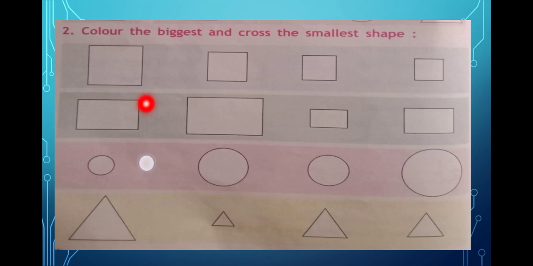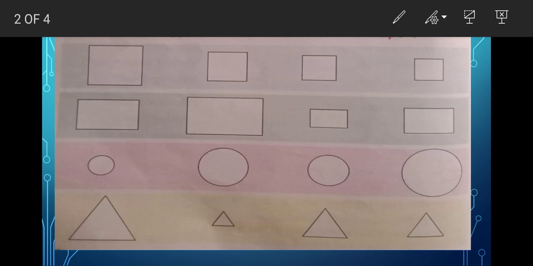Okay, so what you have to do here: color the biggest. So coloring you will be doing, obviously any color which you like you can put. Okay, so only one picture you will be coloring, the biggest one. So the biggest one here is the first one. Okay, and you have to cross the smallest one. Smallest one is the last one, isn't it? So let us first